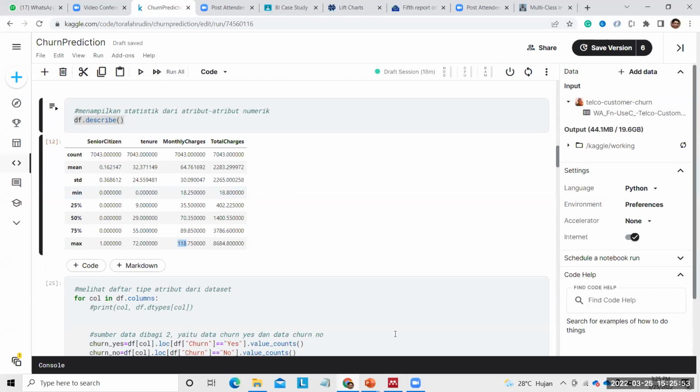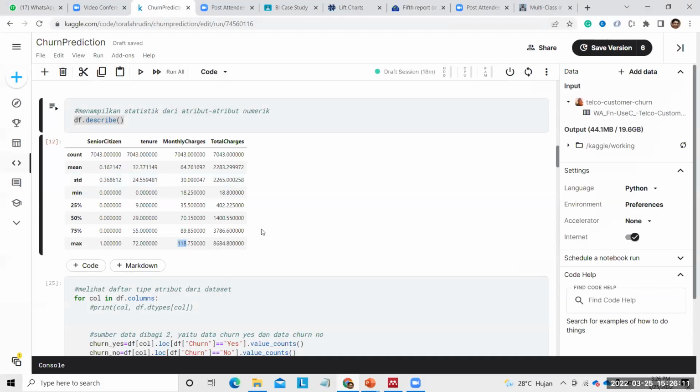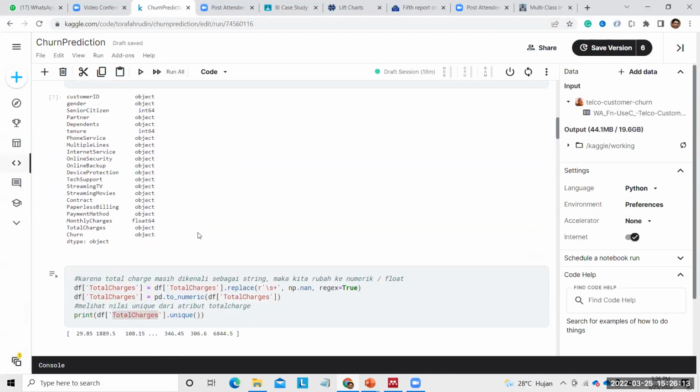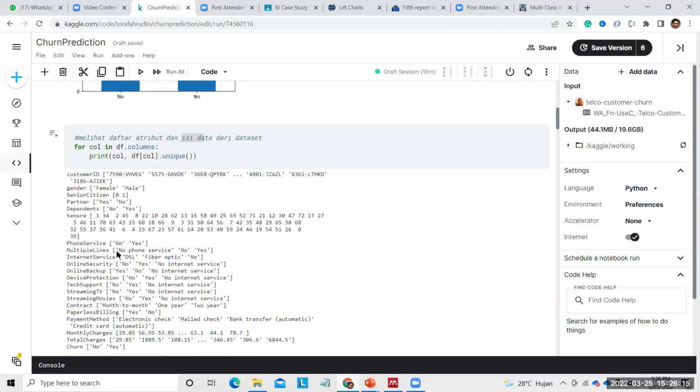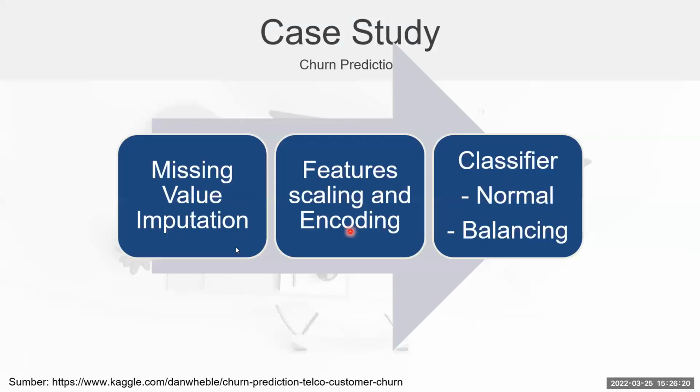So we need to make the values of the numerical attributes be on the same scale. We can use min-max or standard normalization. And how about categorical? For categorical, we can use encoding.